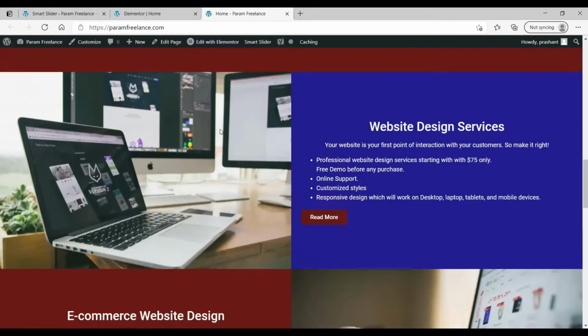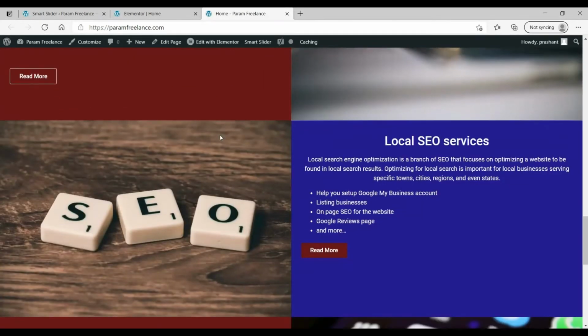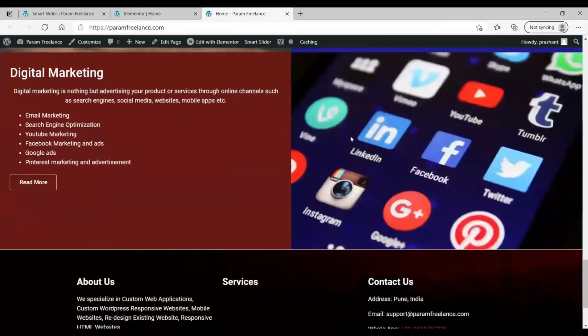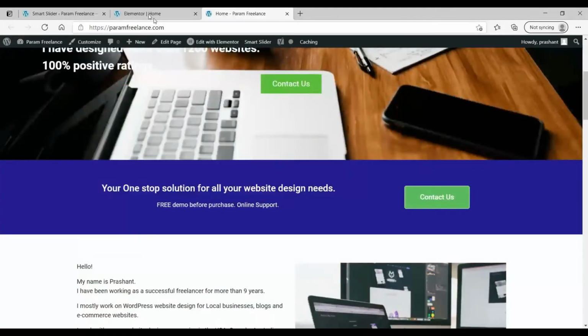All right, so I have added the remaining 2 sections of this website. These are the similar sections. You can do the same thing. Just add image this side, then color this one, and add text. The same thing with this one. Add 2 columns, one for the image, the other one for the text. So this is how we have got the sections of this website.